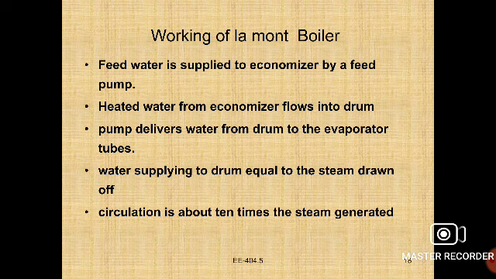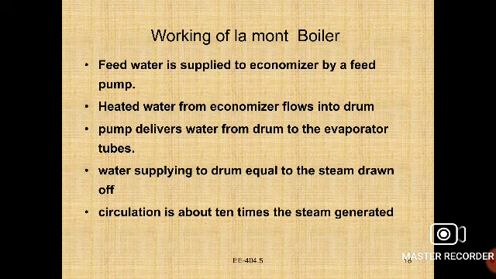The steam in the drum then passes through the superheater, which is of the convective type. The superheater is placed in the path of flue gases, and steam flowing through the superheater tubes is superheated by absorbing heat from the flue gases. Finally, the superheated high temperature steam is delivered to a prime mover.